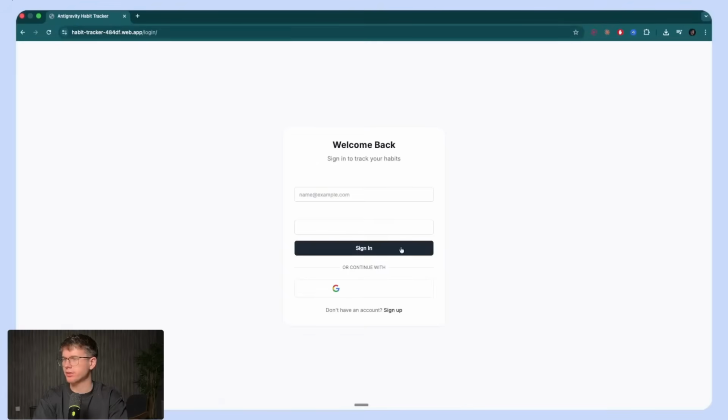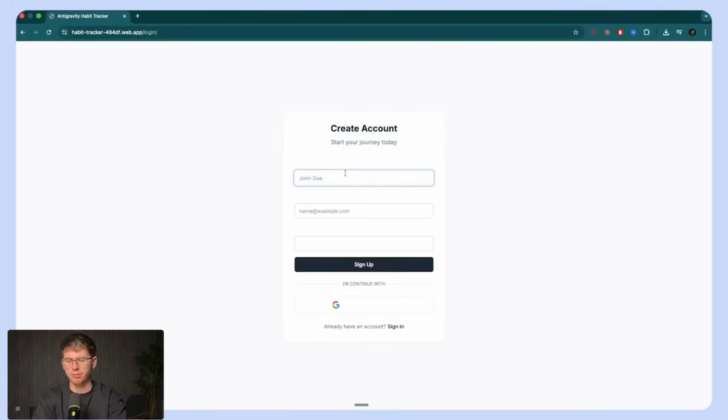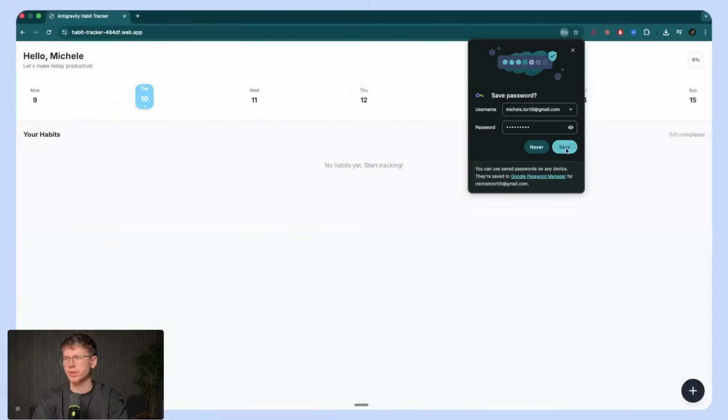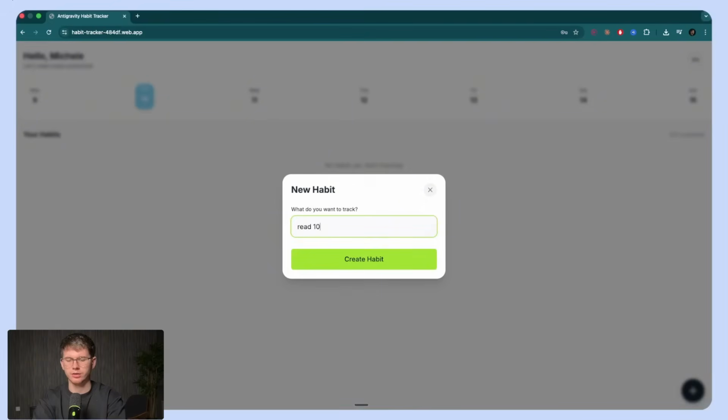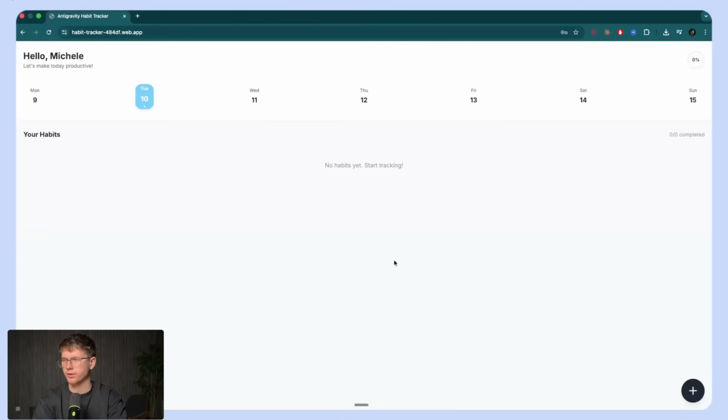I can paste it. And now I can see that I have the sign up screen. And I can press sign up here. I can put my name, my email, and then a password. And now it will log me into the actual app itself. I can start adding habits. So read 10 pages. Create a habit, and then I can press completed as well. So now you know exactly how you can take an idea of a full stack application and turn it into